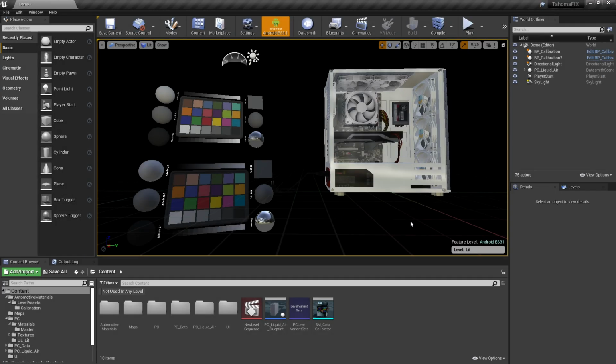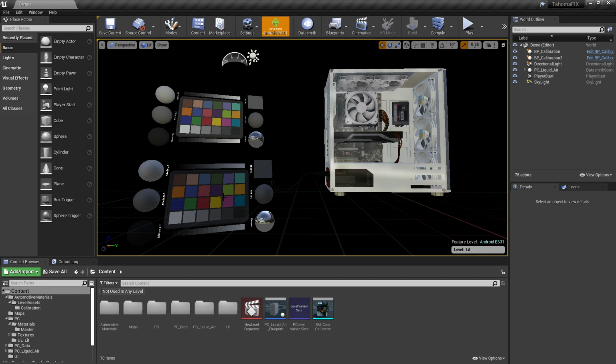Okay, so here we are at the very beginning of the look development process, and basically what I have is the PC after it's been imported in from the DCC. Most of the materials that are on the PC are currently using the standard Unreal materials that are set to default lit. There are a couple that have the graphics tools materials already assigned to it. I've also got 2 Macbeth charts in here that came from the automotive material pack that you can get from the content browser. The top Macbeth chart is using standard Unreal materials that are set to default lit. The bottom one is using the graphics tools materials in an unlit mode.